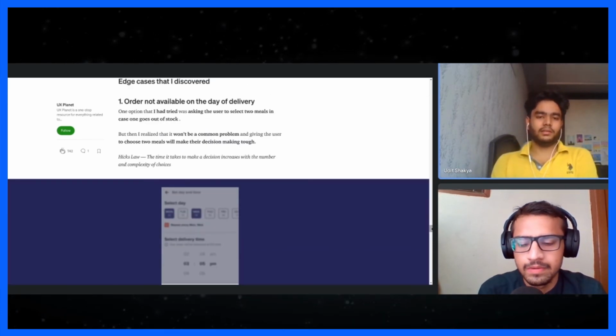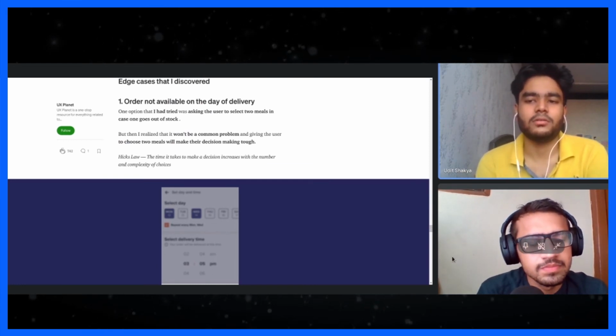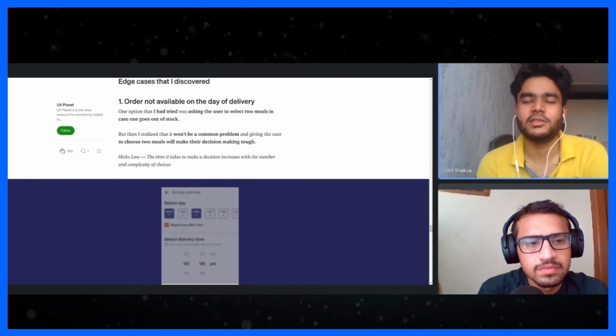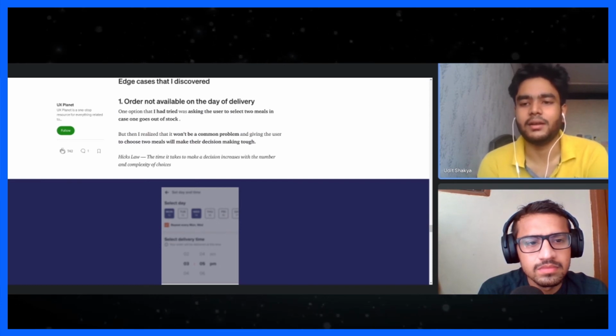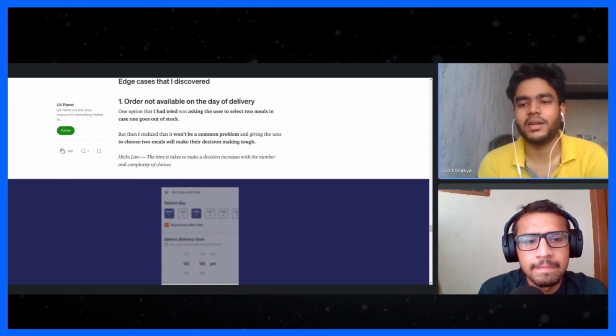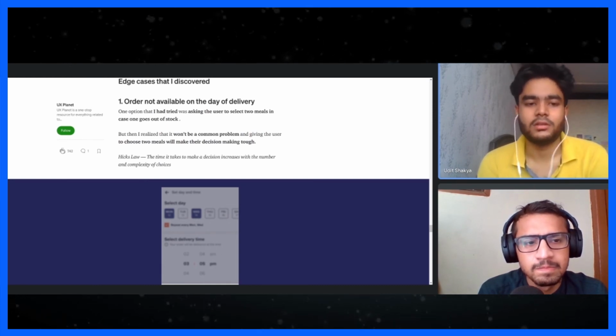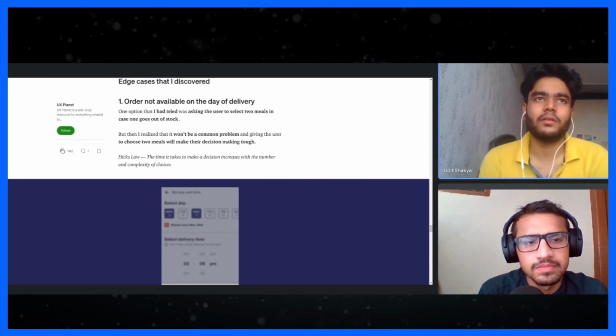Now, whenever you are designing anything, there won't be a happy case like the case that I told right now. The whole story is a happy case, in which no problem occurred. But there are always edge cases. There will be some small problems that you may not have accounted for, and they will come up for sure. These are some edge cases.